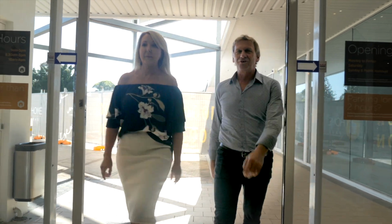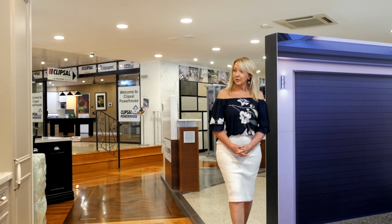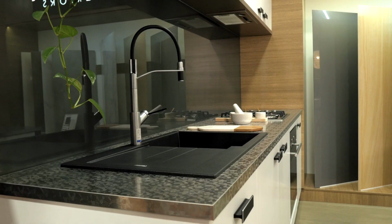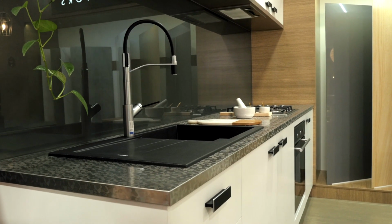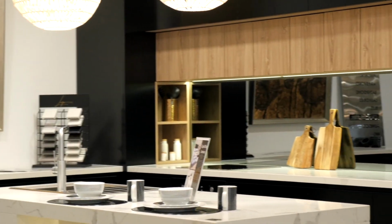newhomesguide.com.au. If you've got the itch to build or renovate your home, then you're going to need some inspiration. This 5,000 square feet centre is home to hundreds of displays and thousands of products. Homebase is Australia's largest building and renovation display centre, so perfect for anybody building a new home or renovating an